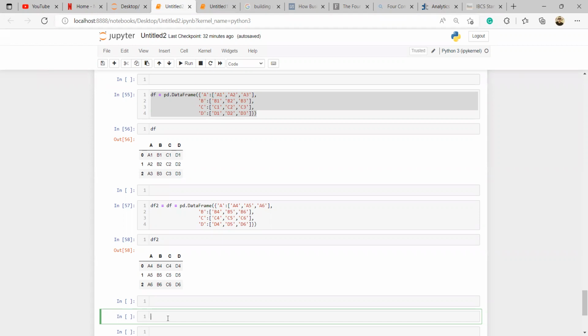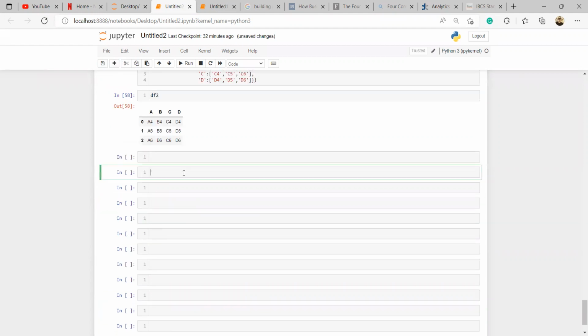But you see, in Python too, you can also have concat. It's also part of a function in your pandas. So let's say table is equals to